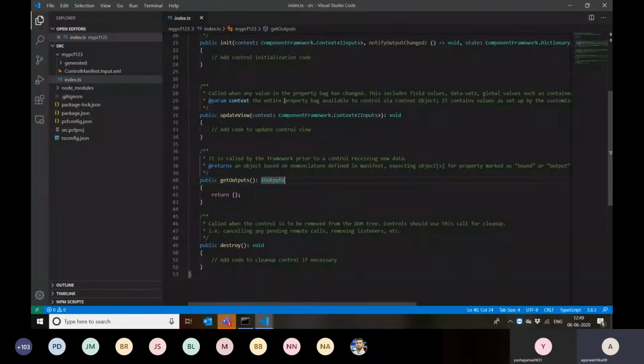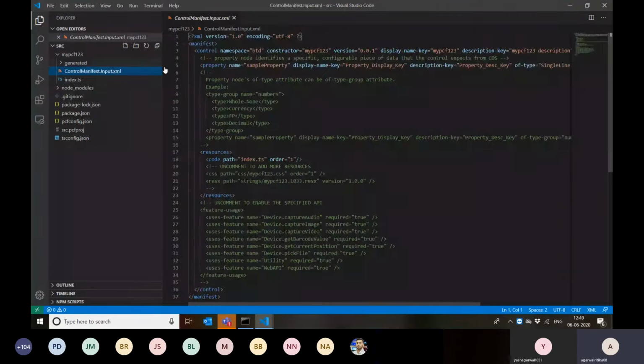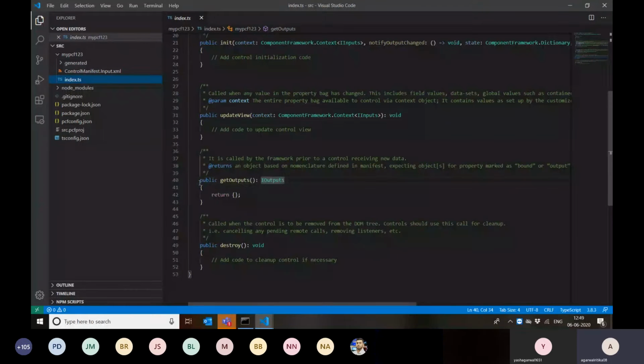Let's take an example: I want to perform some addition, and I have defined two variables, A and B. Now, as part of the output, I want to return C, which is the addition of these two. I can pass those parameters in my manifest file as properties. And then I can define this get outputs property and define that C will be equal to A plus B. This is how the output works.